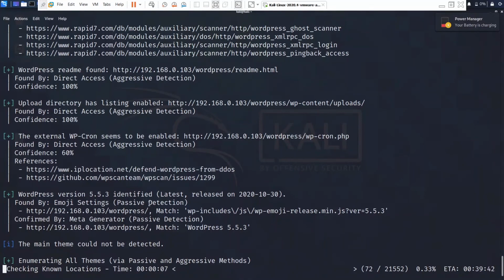Now it should detect the theme as Twenty Twenty, but as you can see, if you update the software, then the tools find difficulty in identifying these vulnerable themes. So that's why always make sure your software is up to date.